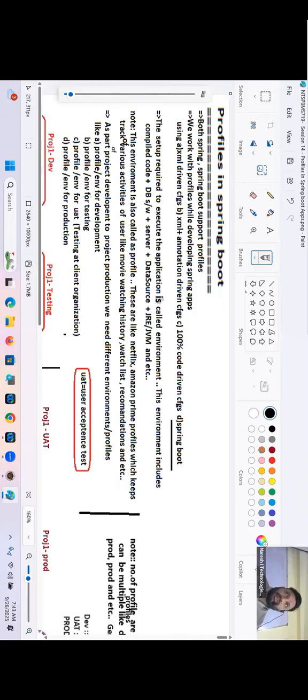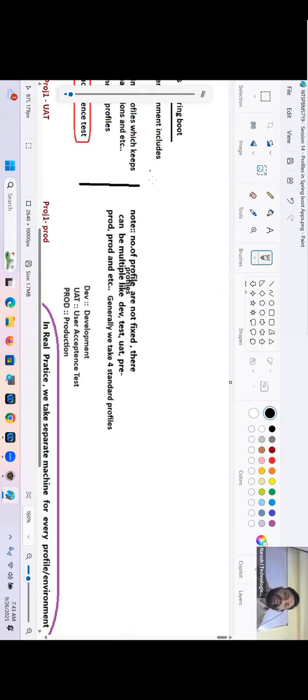Generally, four profiles, but you can have pre-production, post-testing, pre-testing. It's up to you how many profiles you want to create. There can be multiple profiles like dev, test, UAT, pre-prod, prod, and etc.